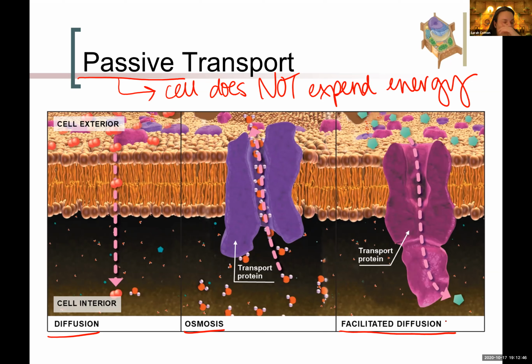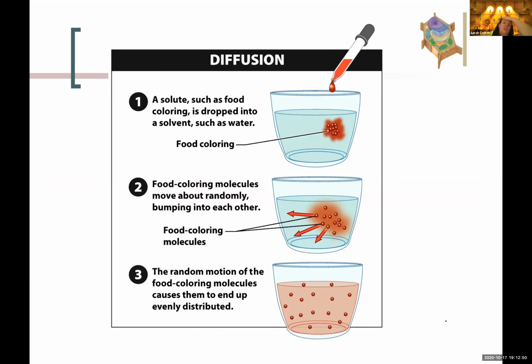Okay, so let's start with diffusion first, okay? So diffusion is something that you all are familiar with, whether you realize it or not. So essentially, diffusion is a spontaneous process. Spontaneous. And you know what I mean when I say spontaneous, right? Like it just happens. Okay, so it's a spontaneous process where substances